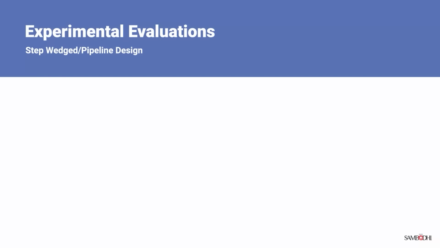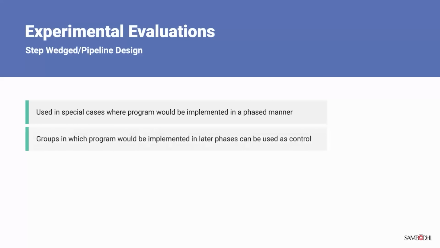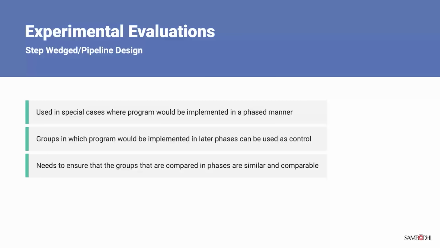RCT has a method or implementation strategy called the stepped wedge design, which is used in special cases where the program would be implemented in a phased manner. A stepped wedge design is a type of randomized controlled trial that is used to evaluate the effectiveness of an intervention. It is used when it is not feasible to randomly assign participants to the intervention or control group at